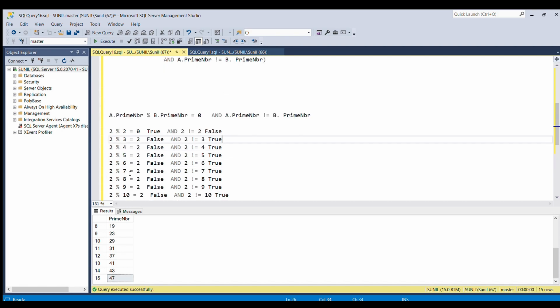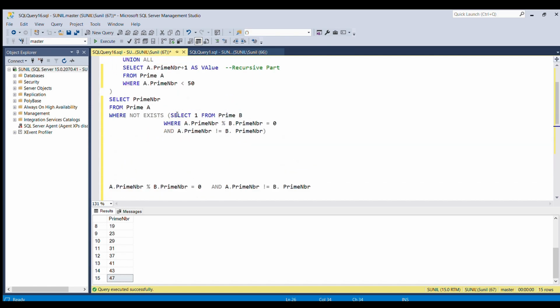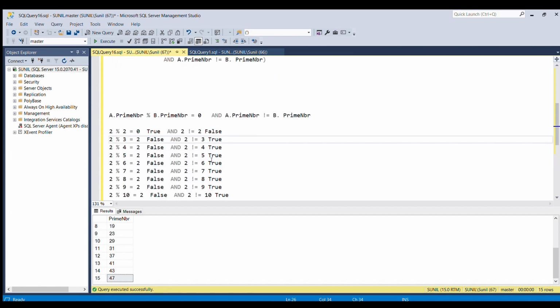Now in the third execution, 2 mod 4 will return 2, and again this statement will become false, and 2 not equal to 4, again this statement is true. So false and true, again no rows will be returned as the where clause is false.